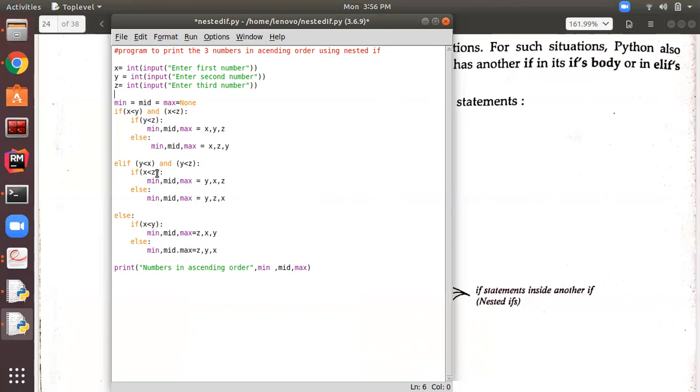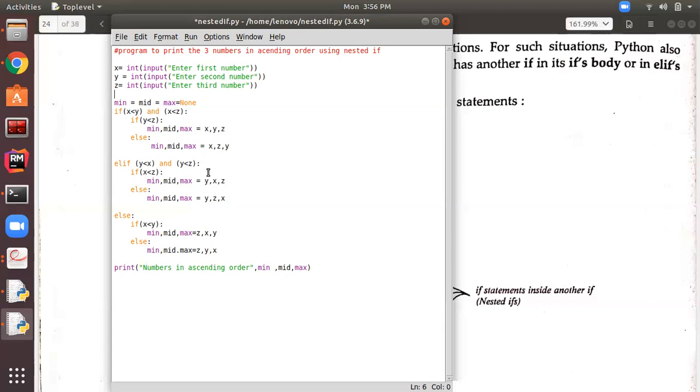If x is less than z, then y will be the minimum number, mid number will be x, and maximum number will be z. And suppose this nested if condition comes out to be false, that is, x is not less than z, x is greater than z. So maximum number will be x, minimum will be y, and middle number will be z.